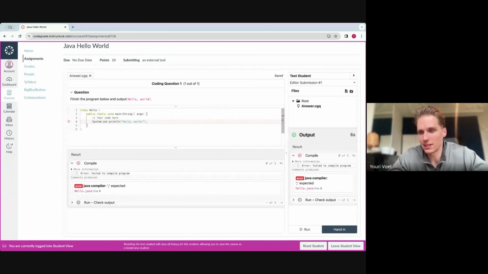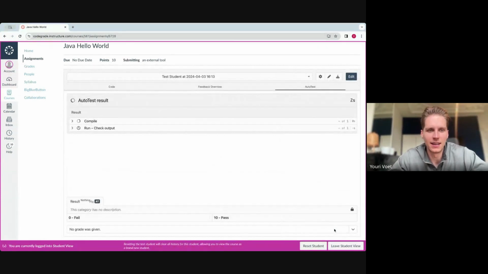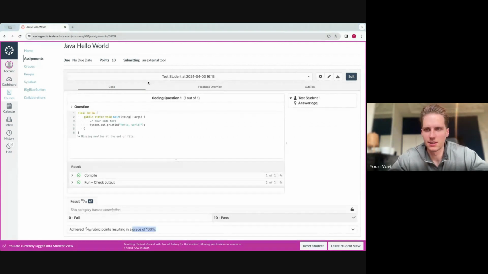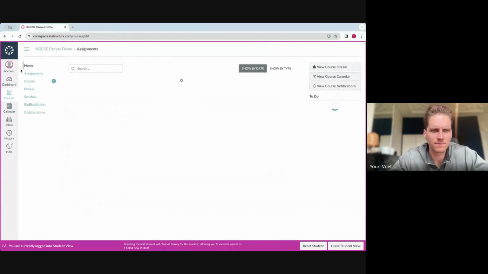When you're sort of ready with this, you can simply press the hand in button, create your submission, and then you're done. In this case, it will grade it one more time. The result will be there, and the result will be sent back to Canvas. So this is a simple example with just one coding question. So let's actually go to a more difficult one,